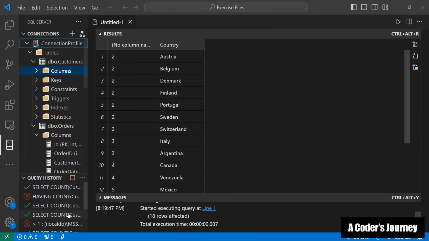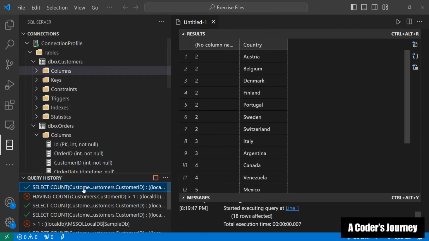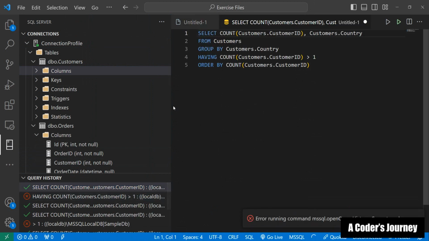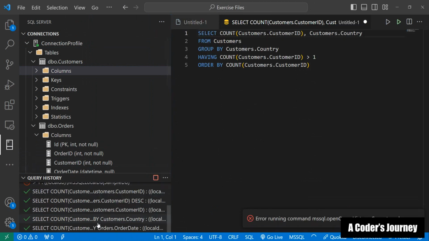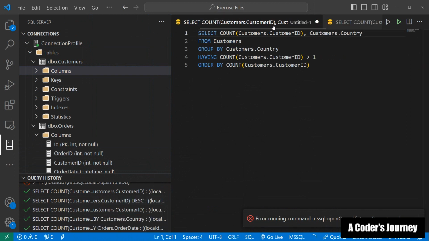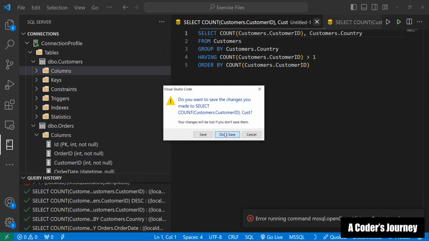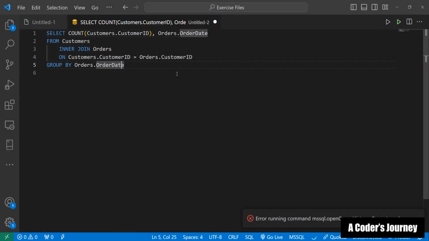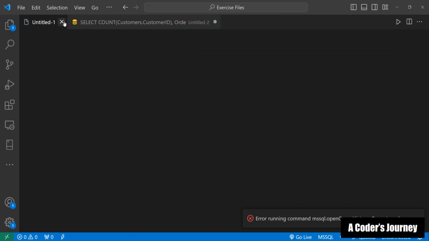I am going to open this query from the last video. Open query. This one was it probably. Open query, right? This one. This is one of the queries that we talked about in the last video. So this is a simple example of combining join with group by, right? So if I run this,